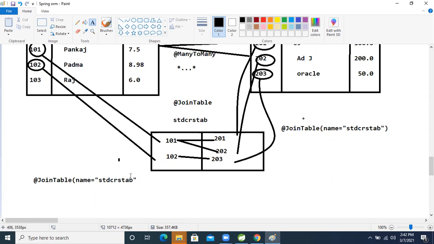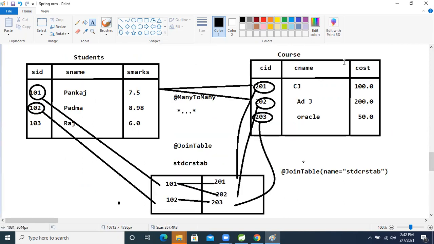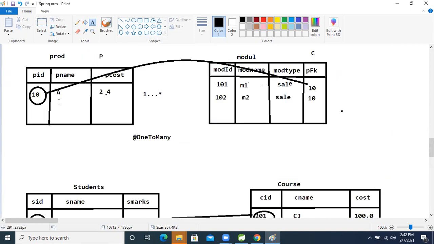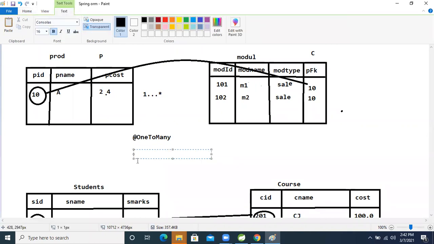To generate the third row in the table, which means to give this row name, what annotation are we applying? At the rate Column, no, JoinColumn. We are using JoinColumn, right?